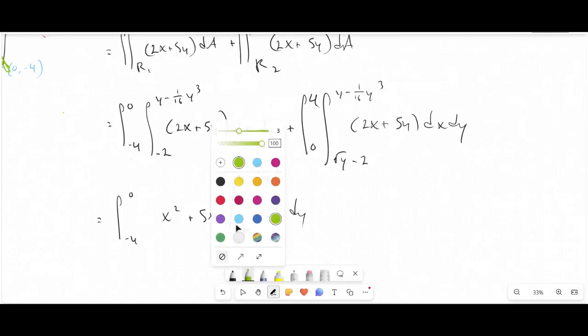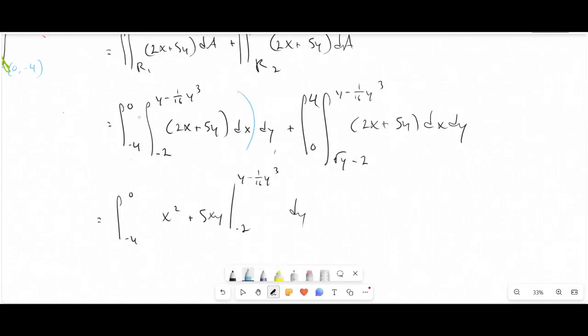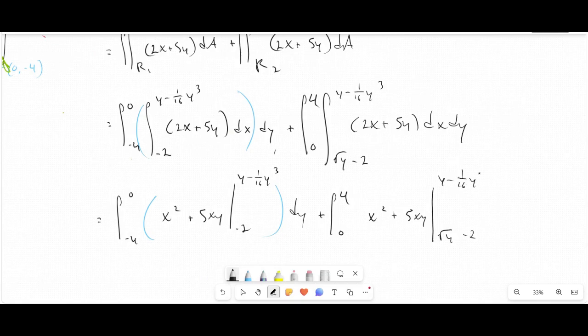That right there, put the colors around it again. The integral in x is right here. Let's do the second one, 0 to 4. Same guy, x squared plus 5xy, but now the lower bound is root y minus 2, and the upper bound is y minus 1/16 y cubed. So that inner integral there is now this guy here. And look,